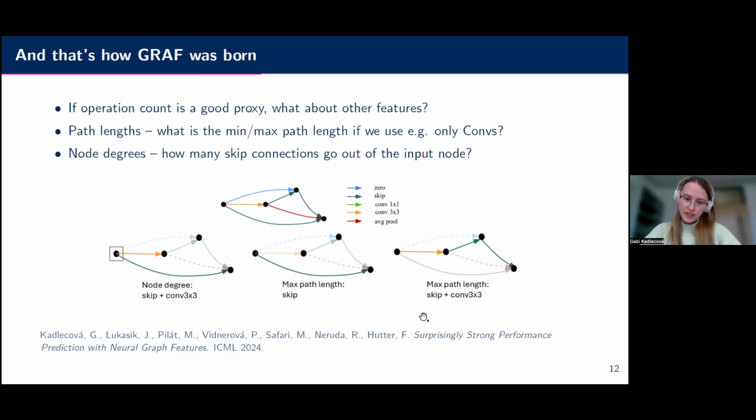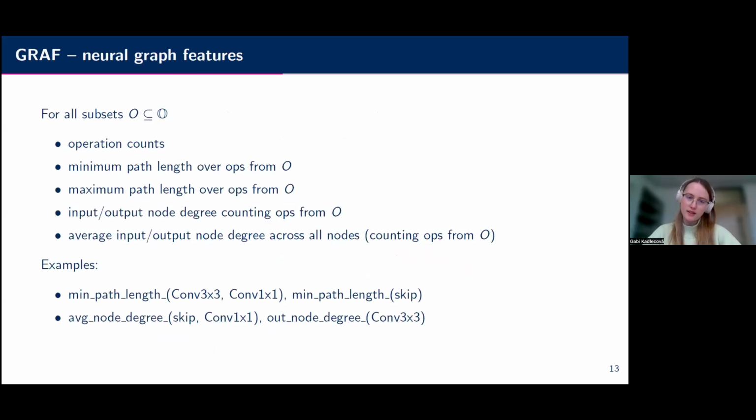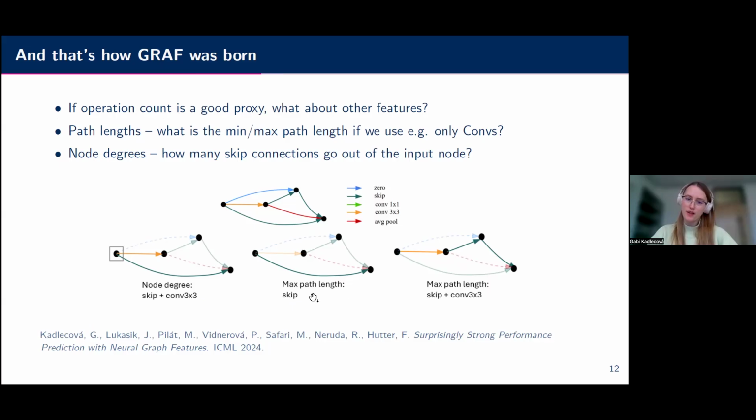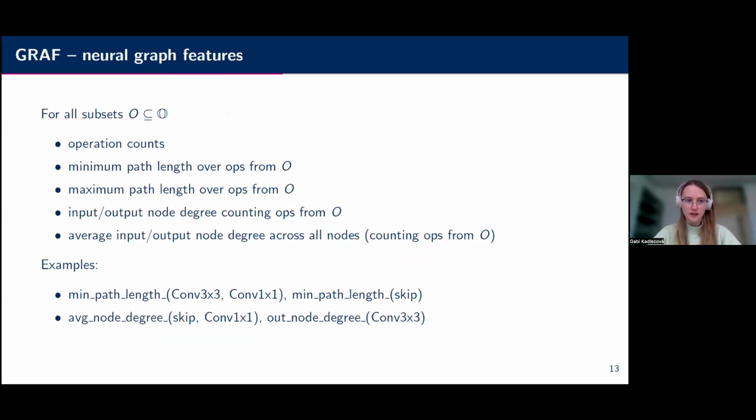So in general, for all the graph features, we compute them for all the operation subsets. Like here, this max path length would be for skip, then for convolution, average pooling, etc. Then pairs, then 3 operations, and just really exhaustively all the subsets.